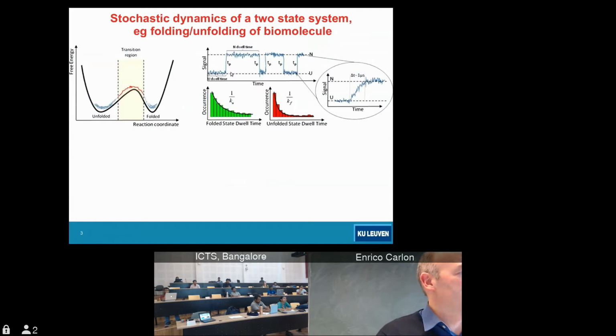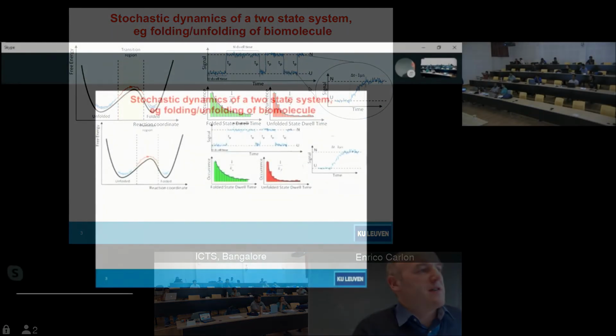So there are actually two time scales here. Actually, there are more time scales. One characteristic time is the dwell time. How long does our particle remain in one of the two wells, okay? In the folded and the unfolded states, this has a certain duration. And if you do the statistics of this duration, the dwell time, the residence time, you find typically an exponential distribution. See the slide.